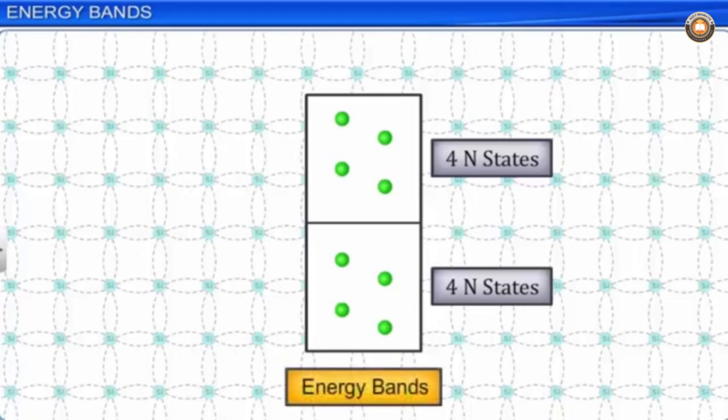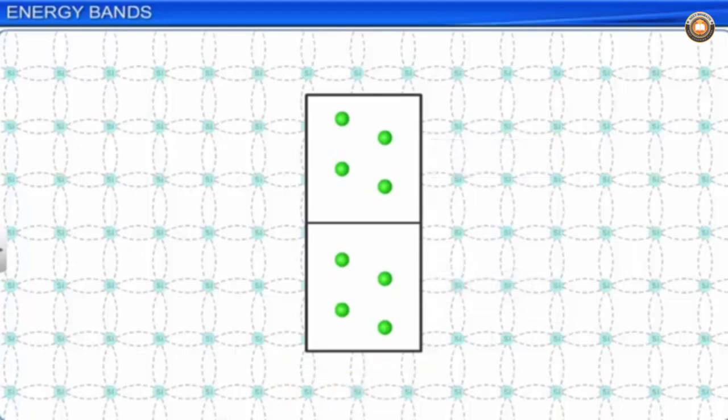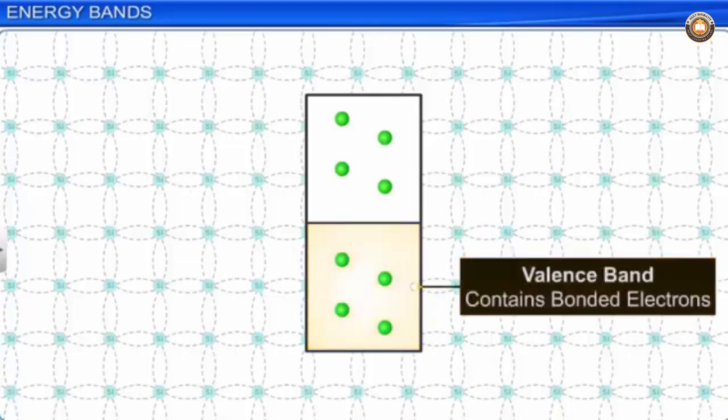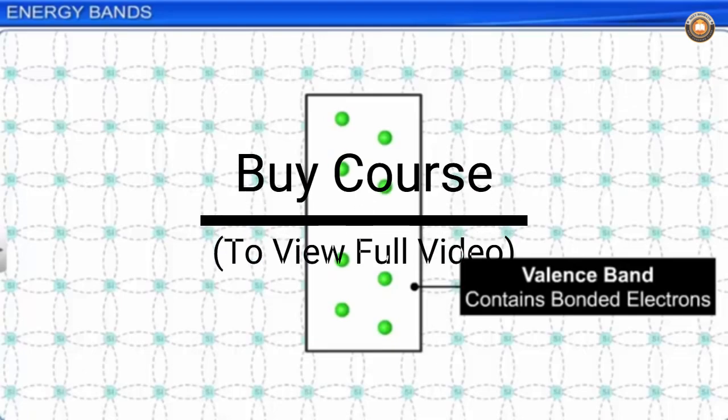For a silicon atom, the lower 4n energy states contain electrons that are in bonding, and such energy states are called the valence band. Therefore, the term valence band refers to a group of energy levels which contains bonded electrons. We know that the electrical conduction in solids takes place by virtue of electrons, which are free to move, that is, by means of free electrons. Since the electrons in the valence band are bonded,